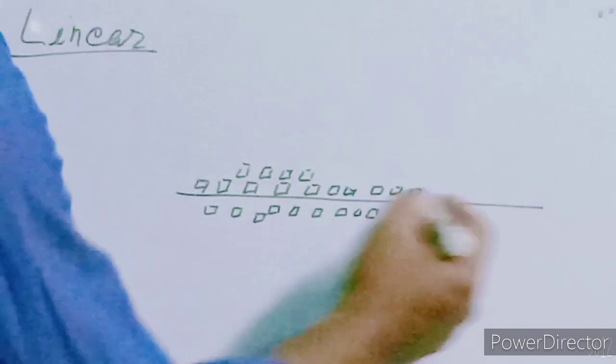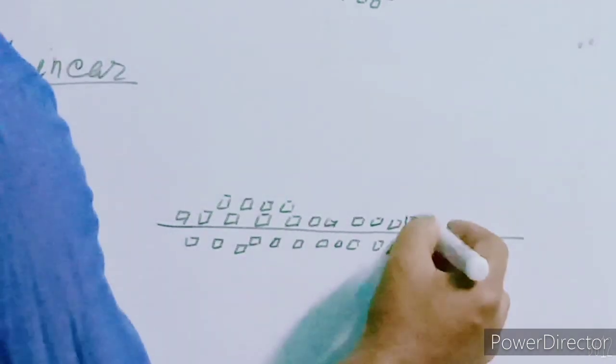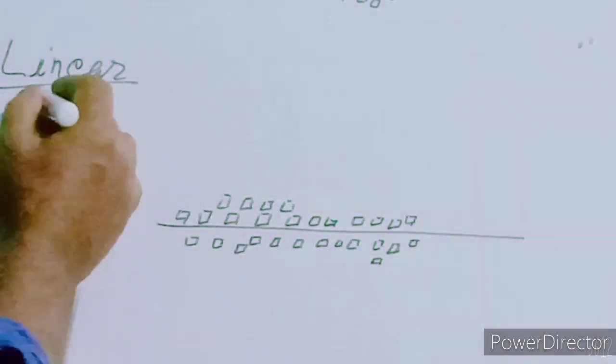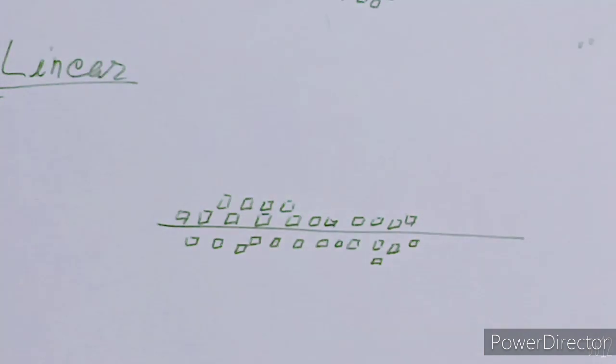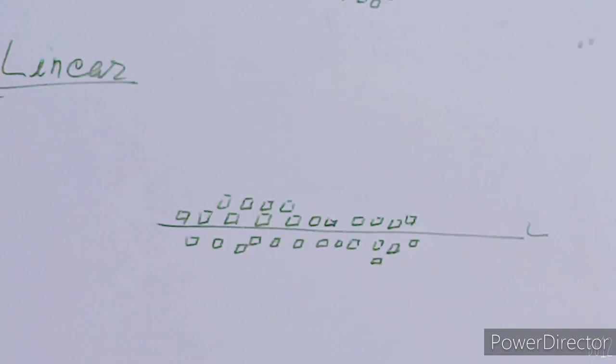they can enjoy any other kind of government facility. So they like to make their own houses nearby the road. If we find this settlement in the pattern of a straight line, then we say that this pattern of settlement is linear settlement. This may be a road, this may be a railway, this may be any river.